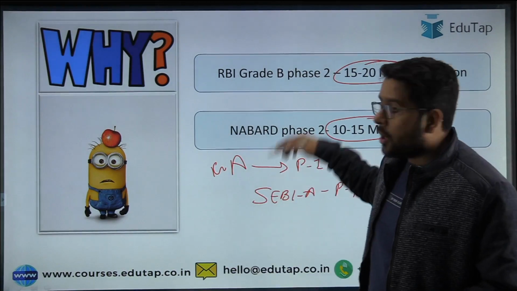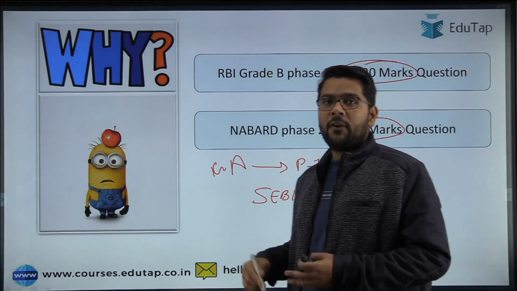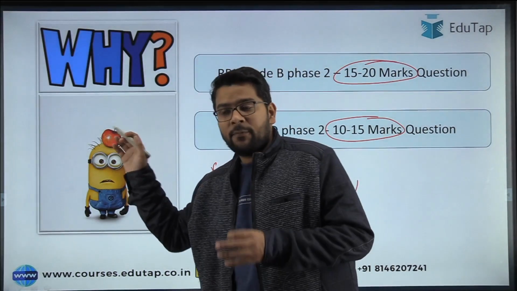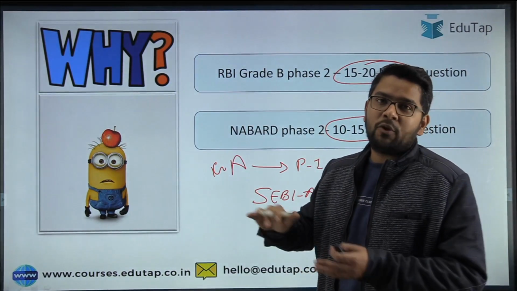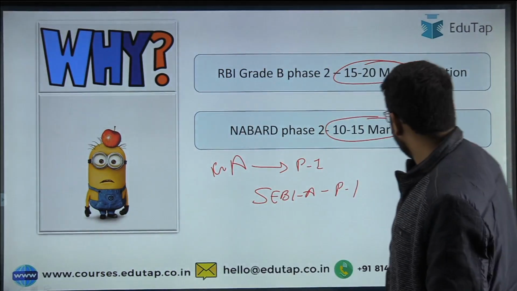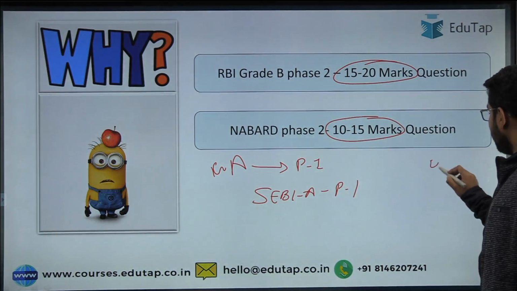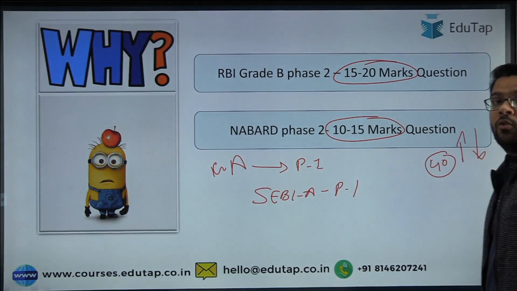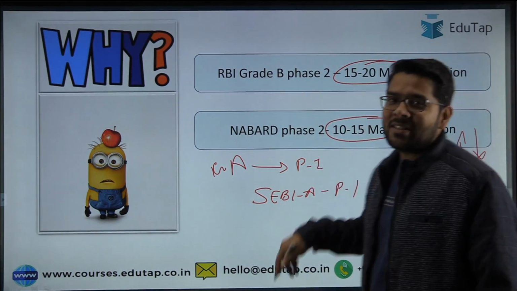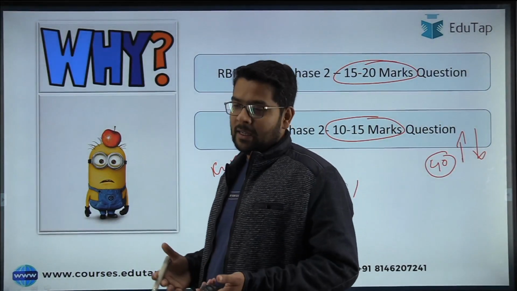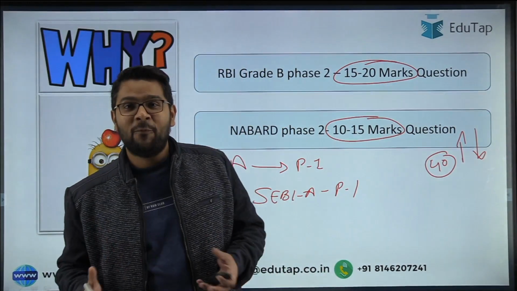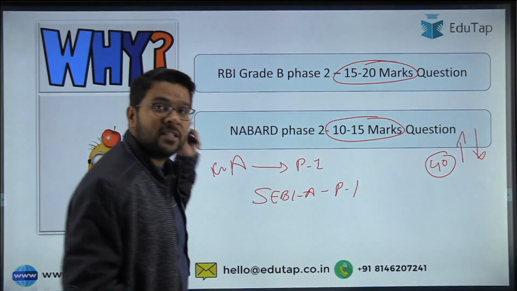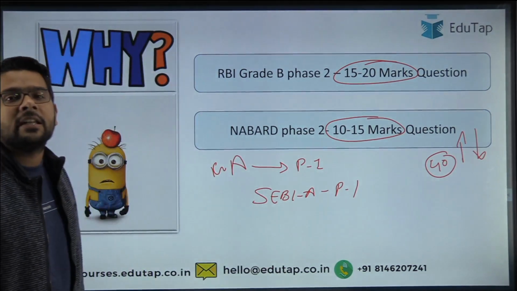Moreover, we are already running a separate series on the government schemes. So if you combine both the series, that is one on the schemes as well as the other on the reports and indices, this will give you an advantage, or we can say the coverage of almost 40 marks worth of questions. This number can go on the higher side as well as on the lower side depending on the nature of the examiner, what he wants to ask more or less. So this is about why this new series is especially focusing on the reports.